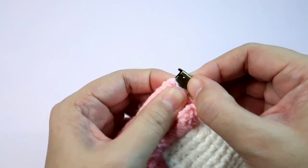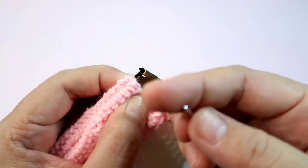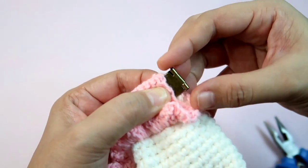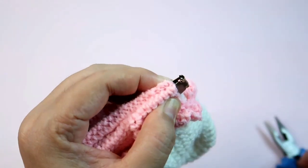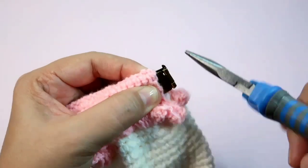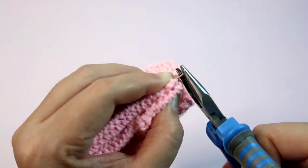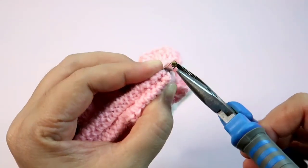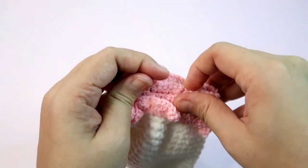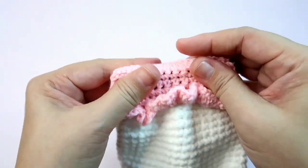We're going to insert this one right over here, and then the next step would be to bend this one. So once that is done, it's already locked, and you can now push this one